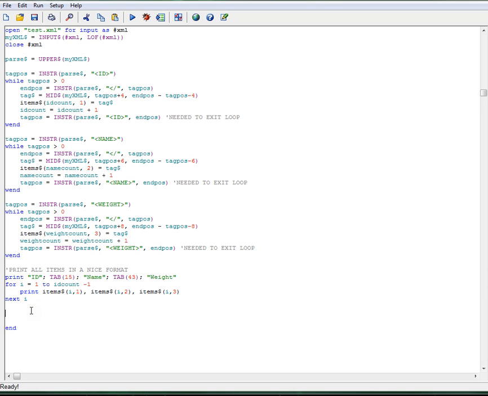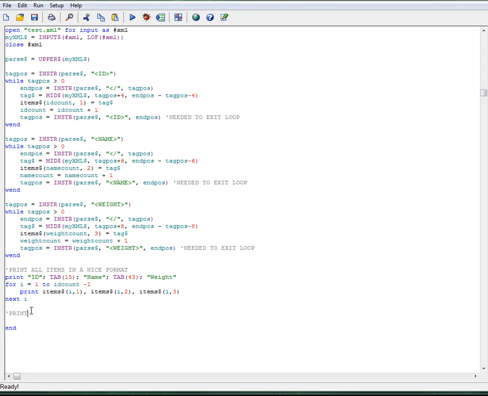So okay, we've read it all. Well, what does that mean? Well, say we wanted to find the specific name of an item and then assign it to a variable, say we're making an RPG game, and say that item had a bonus or had a negative effect, we could then read it into our variable and have the negative effect affect the player in the game. So to do that,